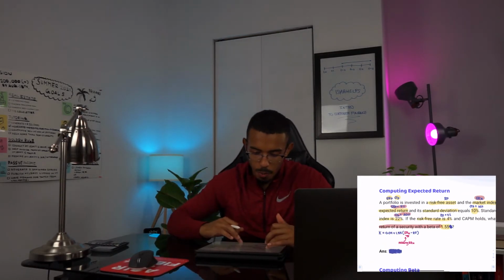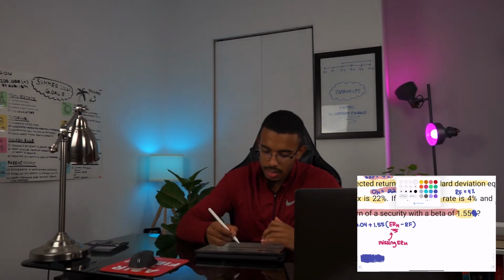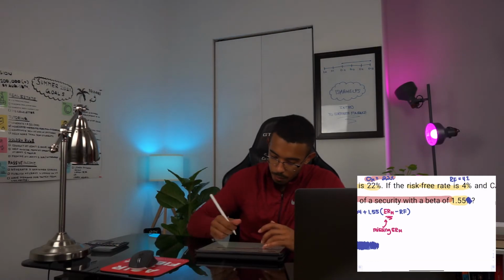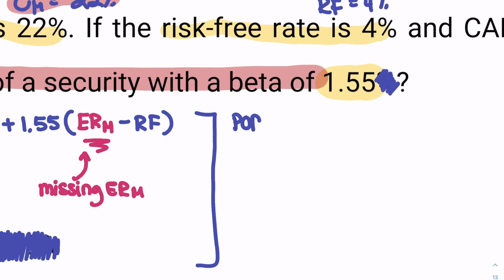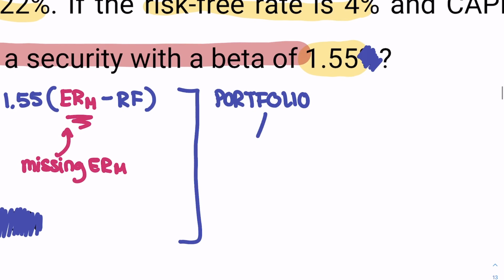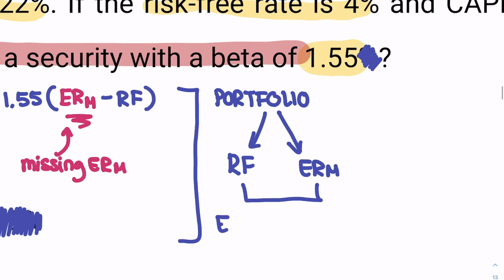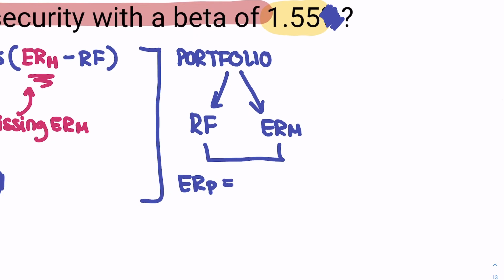And if we go back to our question, we know that we have a portfolio that actually consists of the risk-free rate and the market index, okay? So we know that the expected return of that portfolio will be equal to the weighted average